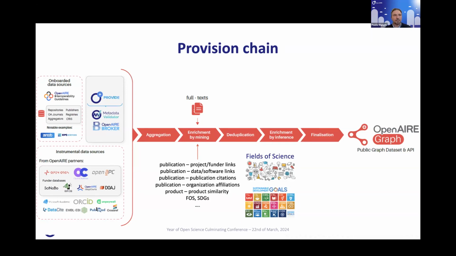So we aggregate this metadata, we build the first version of the graph, then we enrich it because we also download PDFs when this is possible, open access PDFs, or having one-to-one agreement with the publishers. We have many with Elsevier, Springer, ACM, and so on. So we collect tens of millions of full texts, we mine, and we enrich the graph with the links that we derive from such mining. Typically links from publications to projects or publications to data, publications to software, which are quite rare and not necessarily provided by the scientist.